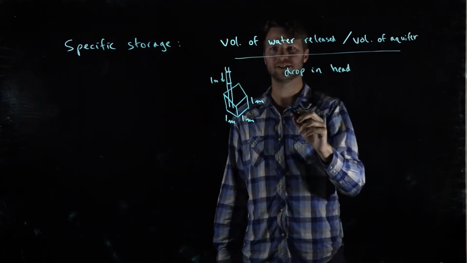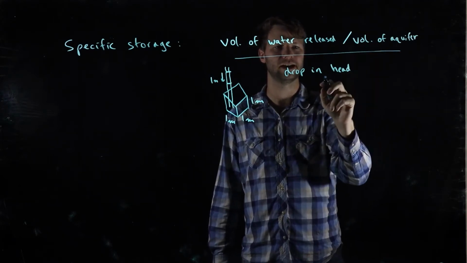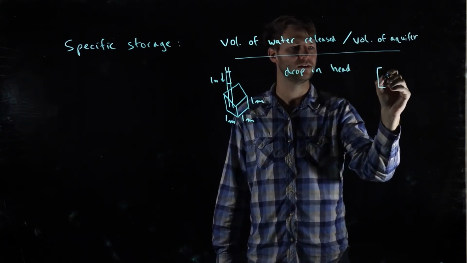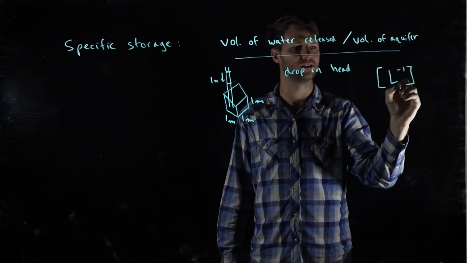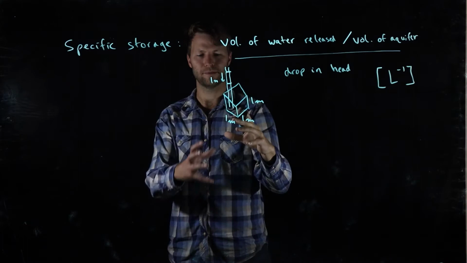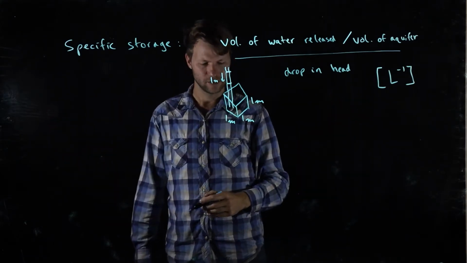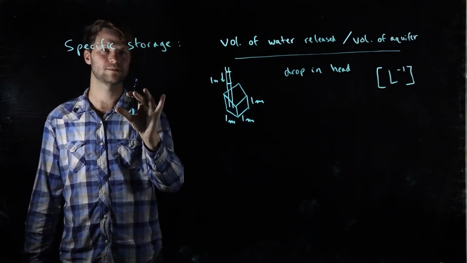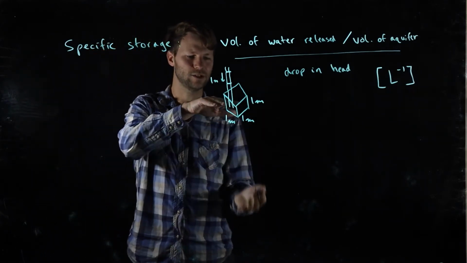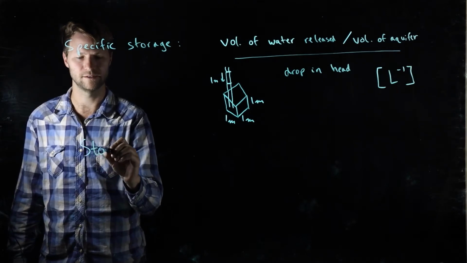And it's going to have dimensions of, let's see, volume divided by volume, that's dimensionless, divided by a change in head. Head has units of length. And so our dimensions are going to be 1 over length for the specific storage. So this is sort of an intrinsic property of the aquifer. It doesn't matter how big the aquifer is. We commonly, though, reference this specific storage term to a dimensionless term called storativity that takes into account how thick an aquifer is. So this term storativity